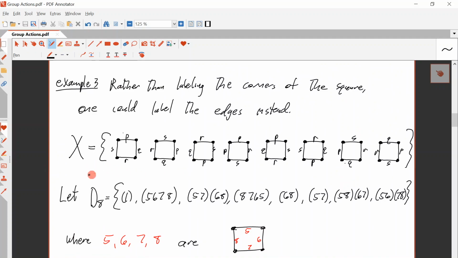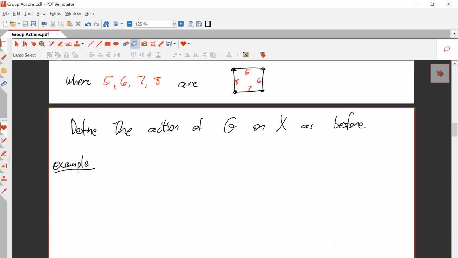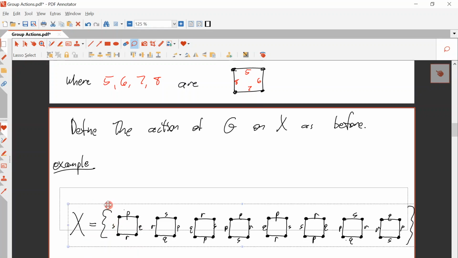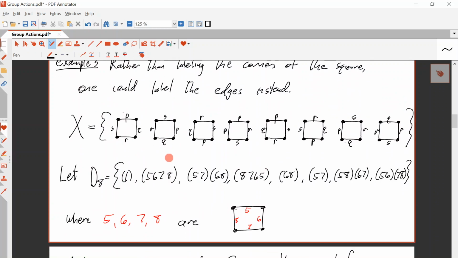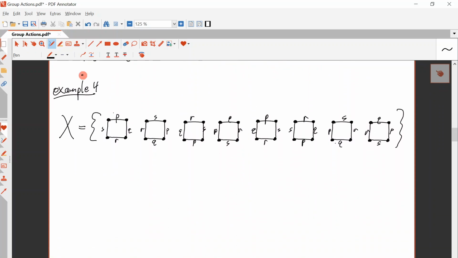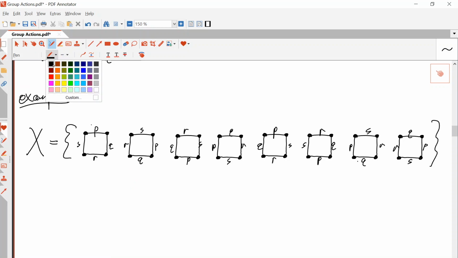So we labeled vertices, we labeled edges. Squares with vertex labels, squares with edge labels. What about both? What if we did both? So this is example 3, this is example 4. So in example 4, we will label